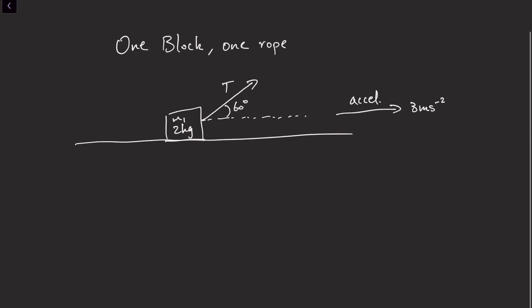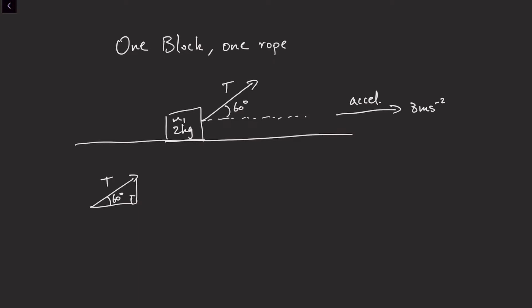So how do we find this tension force? Right now we know that this force is moving in the rightward direction. Great. So let's redraw this diagram into a little triangle. And we have T, which is going in the top right diagonal direction. There's some angle, 60 degrees. I know this triangle isn't drawn correctly, but nevertheless, we will continue. And now this T is going at an angle.